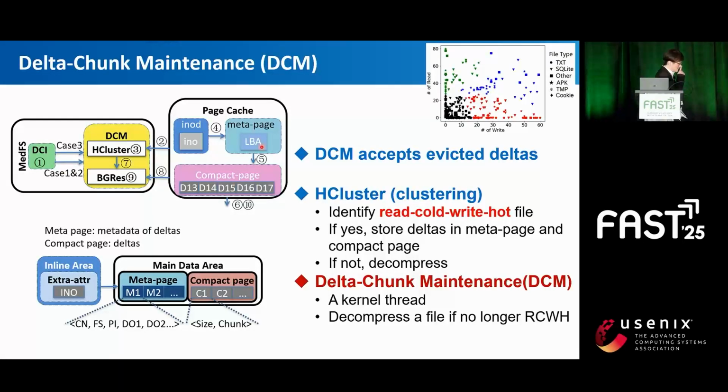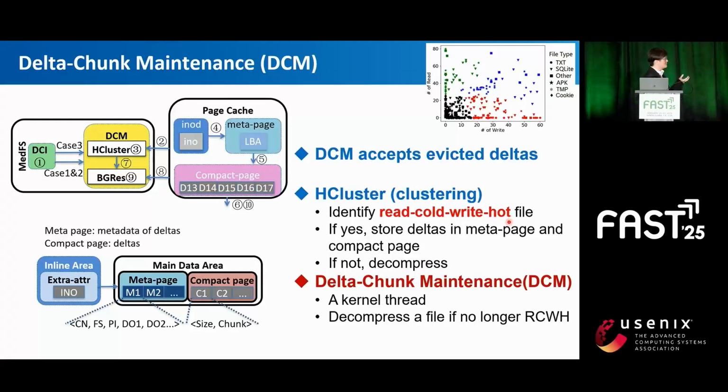But one thing I want to mention is DCM only handles read-cold, write-hot files. Why is that? Because with delta compression, when you read the data, you have to read the base and read the delta,